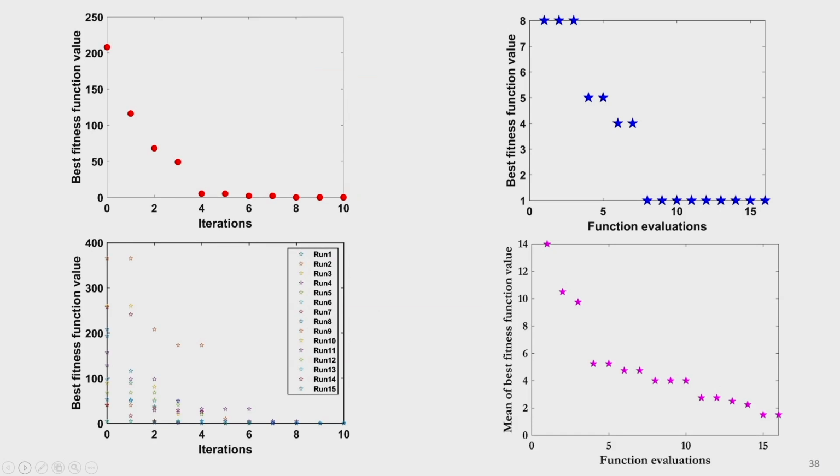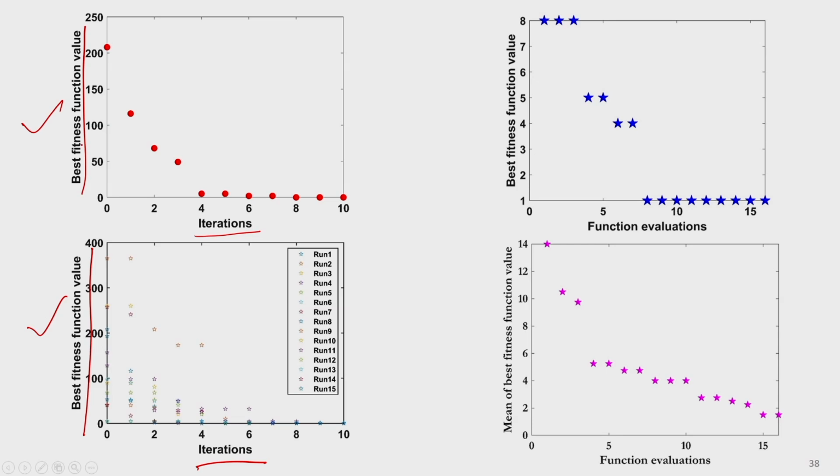So, since we have discussed a few convergence curves, let us just try to consolidate it. The first one that we studied was plotting iteration versus best fitness function value. At the end of every iteration, the best value in the population is plotted, right. So, this is the convergence curve. When I do it for multiple runs, the first plot will have multiple curves, that is what is shown over here, iteration and best fitness function value. Since we took 15 runs, there are 15 such curves, right. So, these two are done, right. In both of these, the x axis was iteration and the y axis was best fitness function value, right.